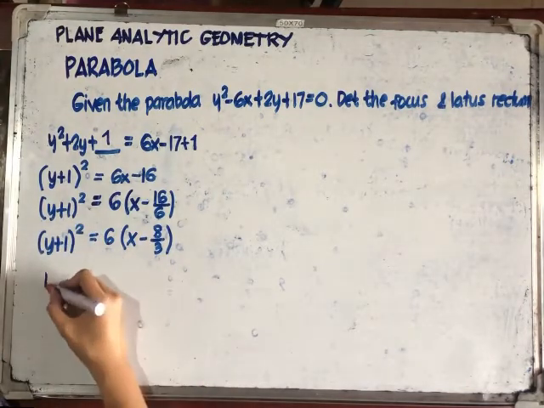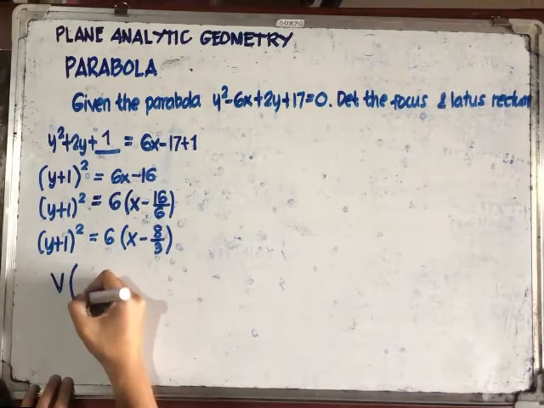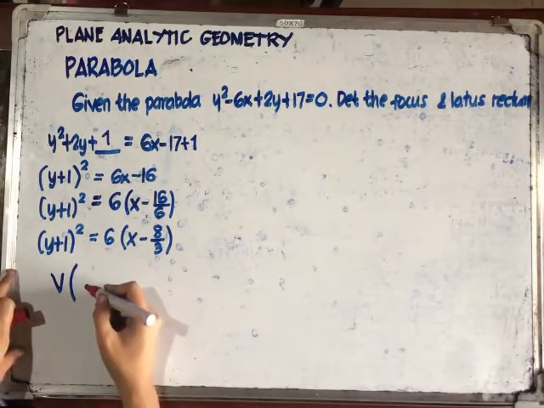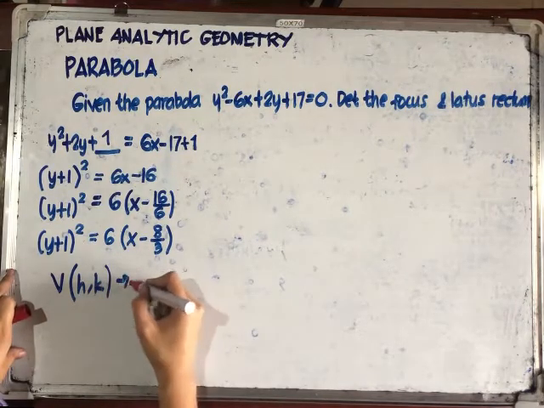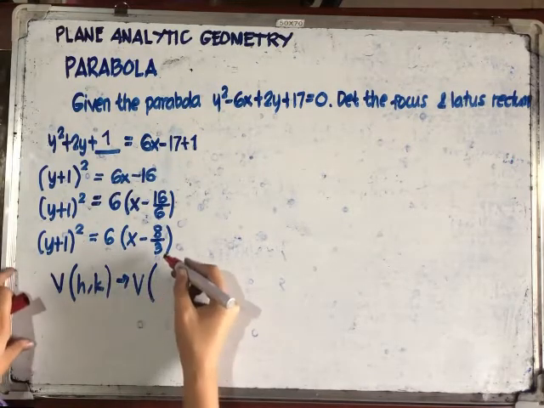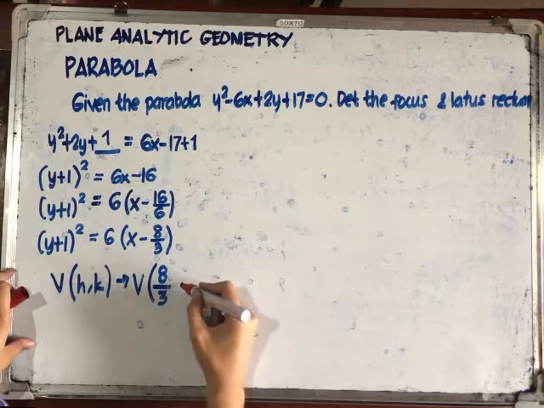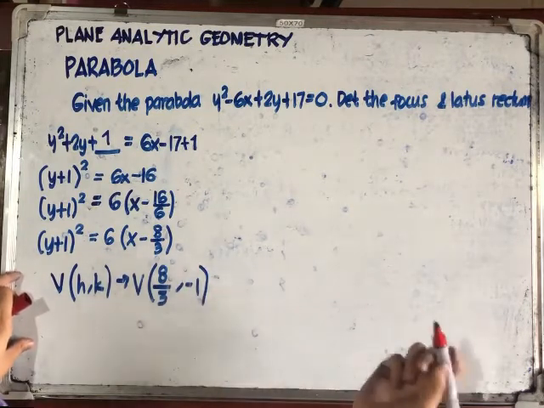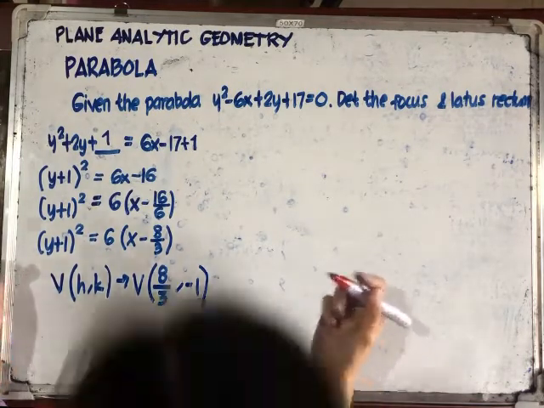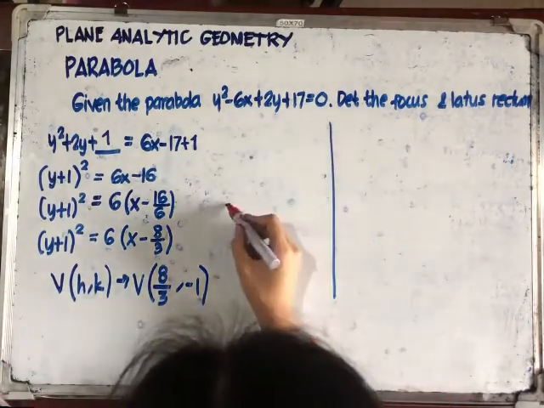So, let's determine first the vertex h, k. Okay? Ang vertex h, k natin, h is nasa x. So, that would be 8/3. And our y coordinate is -1. Alright? So, now, pwede na natin siyang i-drawing. So, pag dinraw natin siya ngayon,